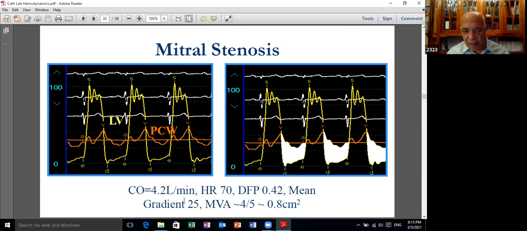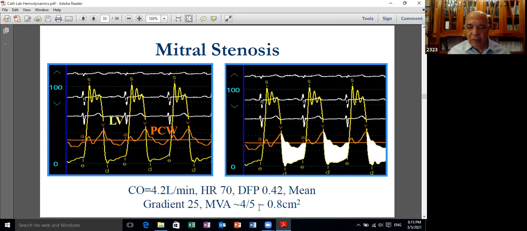So if you have the cardiac output, heart rate, and the diastolic filling period, then you can plug these values into Gorlin's formula, and you end up with the reading. But again, you can use Hakki's formula, dividing the cardiac output by the square root of the gradient across the mitral valve, and you come up with a close figure corresponding to the Gorlin's formula estimation. The Gorlin's application to the pulmonary valve and the tricuspid valve has not been validated so far,